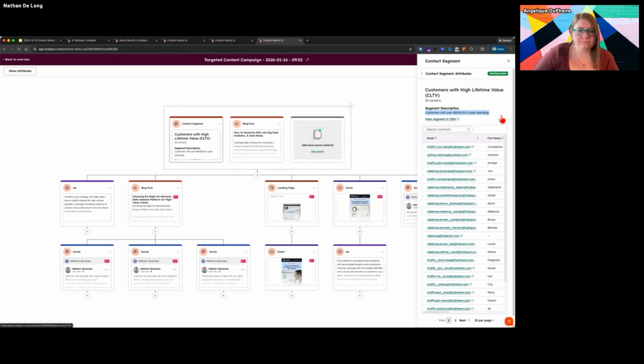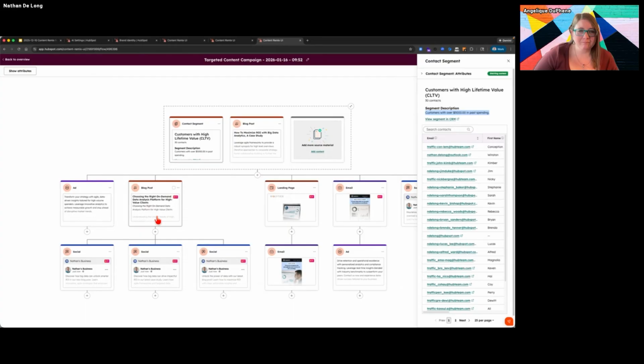We might have lists floating around that are like, these are all the people that are interested in product A. Awesome, right? Use that as a contact segment here in Remix. That way we have things like, in this case, because these are high lifetime value customers, for high volume spenders. Okay, well, good enough.